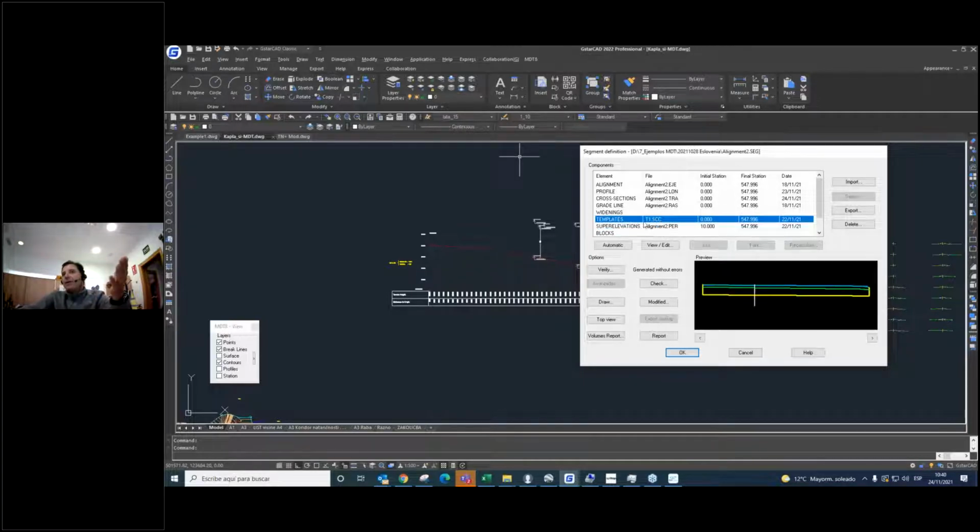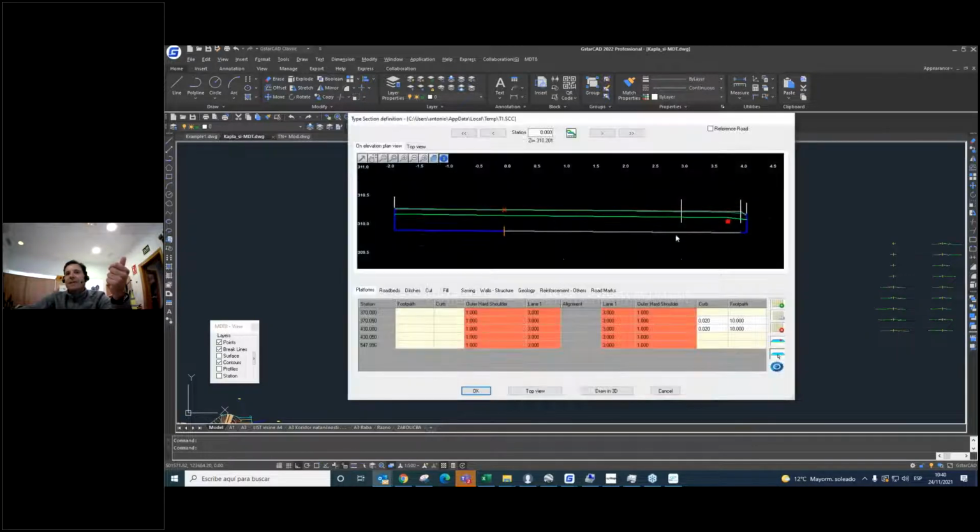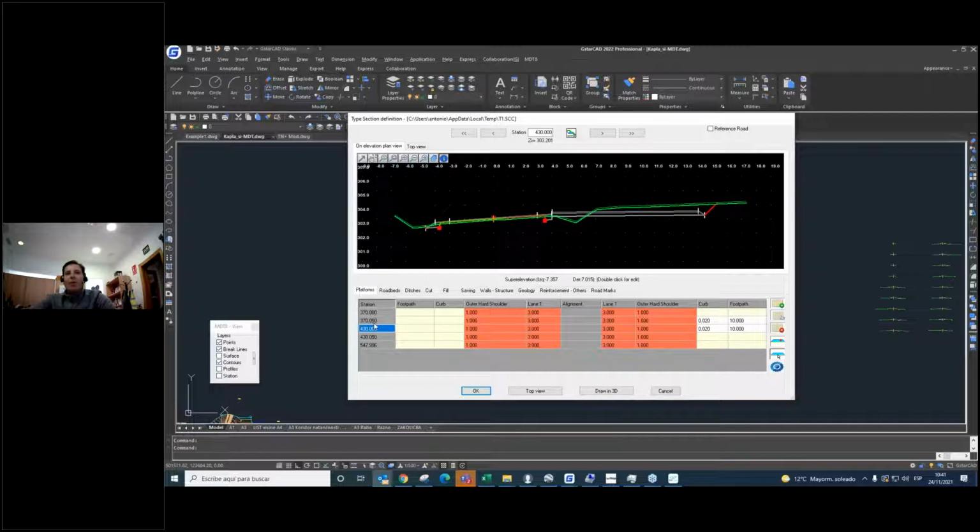So for this, I create that template to create the new road. I make one template of 7 meters width, and in this PK, in this station, I create one platform like this,